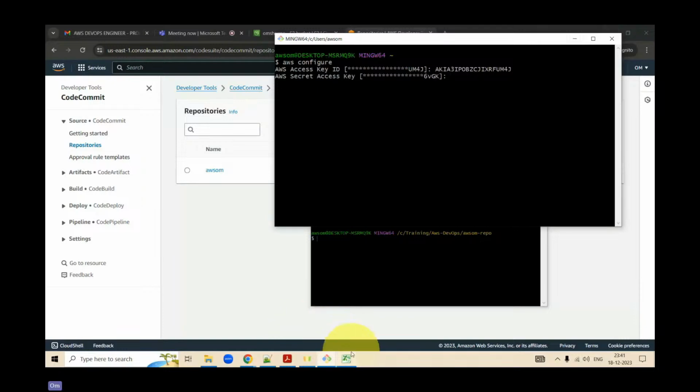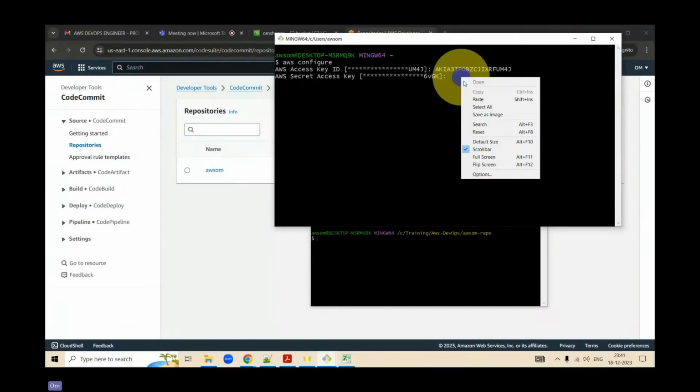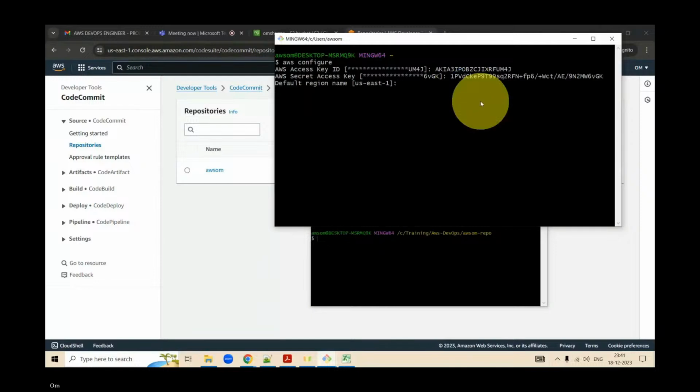Then it asks you for the password. Copy the password, whatever you have over here, and paste it. Then you put your region, whatever is your default region. US East 1, enter. Default format, leave blank, press enter.